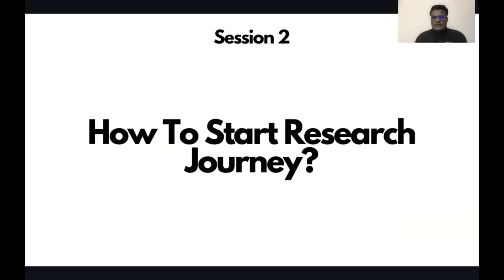Another thing that Sir talked about in session 2 was how to start a research journey. In the research journey, Sir mentioned steps like reaching out to your professors and doing secondary research, in case you want to undertake research while in MICA. You can go back and have a listen to that in case you have an interest in that.